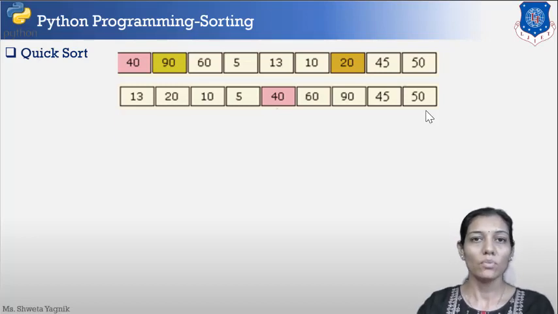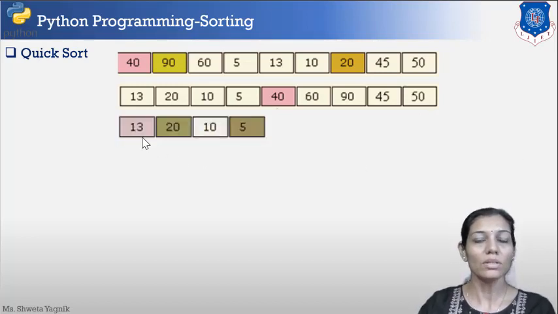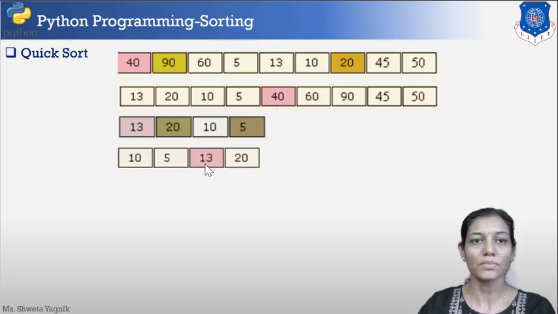We will have one more pivot for the left subarray, that means 13 is now our pivot. Then we try to arrange 13 in its proper position, so that whatever elements are towards the left hand side, though unsorted yet, are lesser than 13.